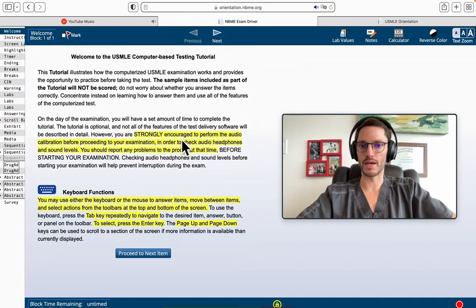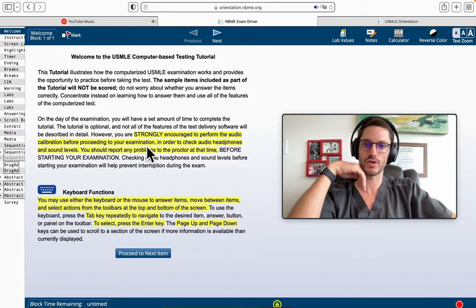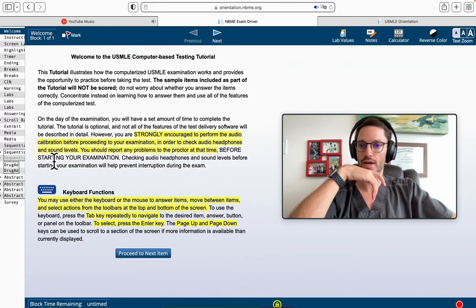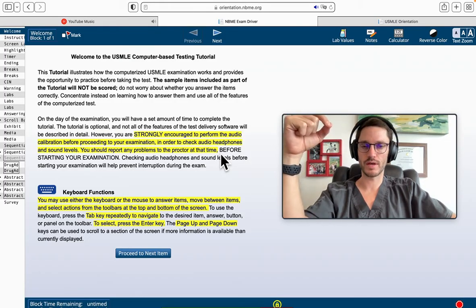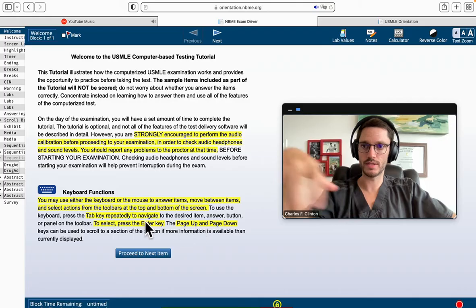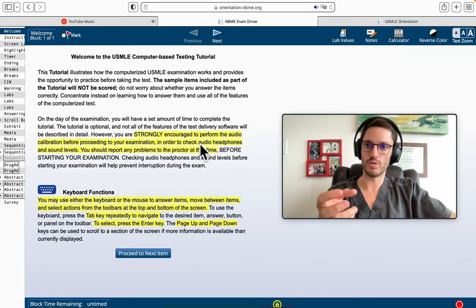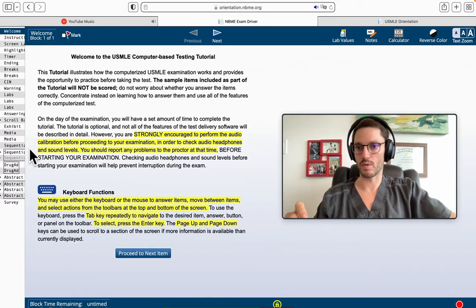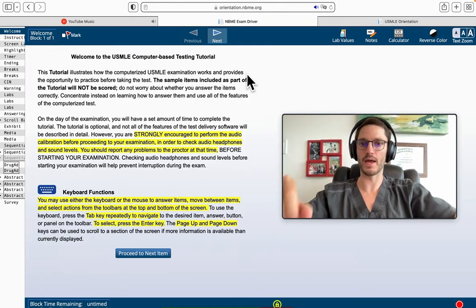First of all, it is strongly encouraged to perform the audio calibration before proceeding to your examination, in order to check audio, headphones and sound levels. You should report any problems to the proctor at that time. So once you sit down at the computer, the tutorial screens pop up, and since you have already seen this video, you will be ready to just go and check wherever it says media or audio. Just click on next pretty quickly, and it will take you to a page where you can test your audio